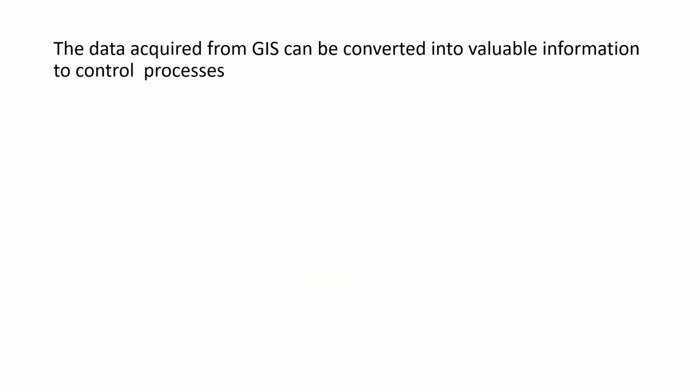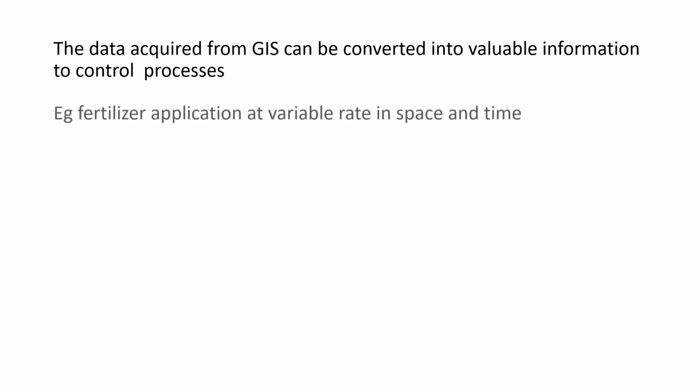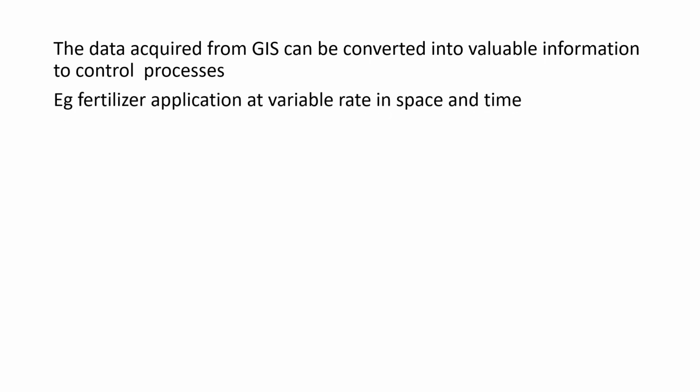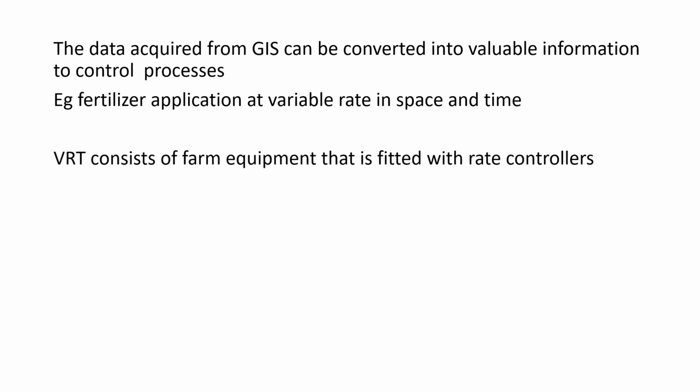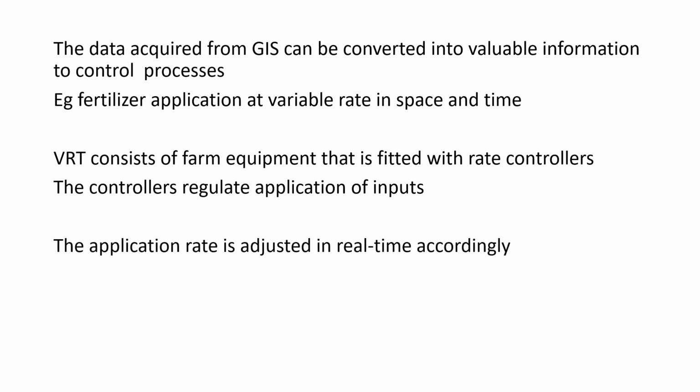Now the data that is acquired from GIS can be converted into valuable information to control processes, for example, fertilizer application at variable rates in space and time. Now, variable rate technologies consist of farm equipment that is fitted with rate controllers. And these rate controllers regulate the application of inputs. And the application rate is adjusted in real